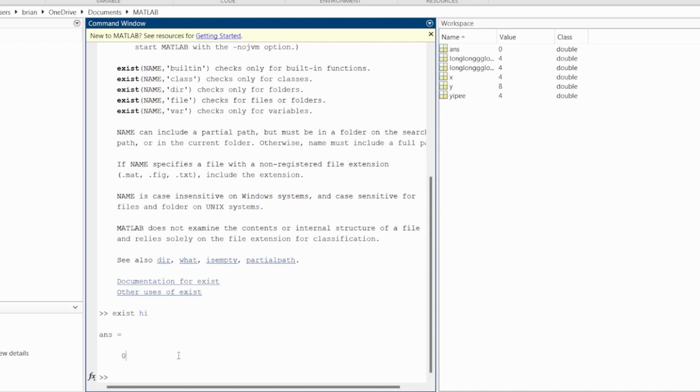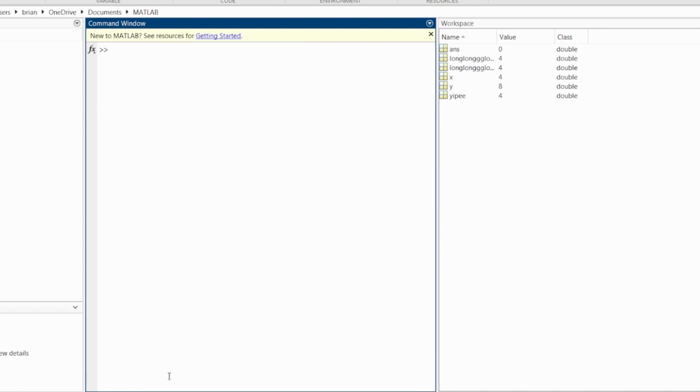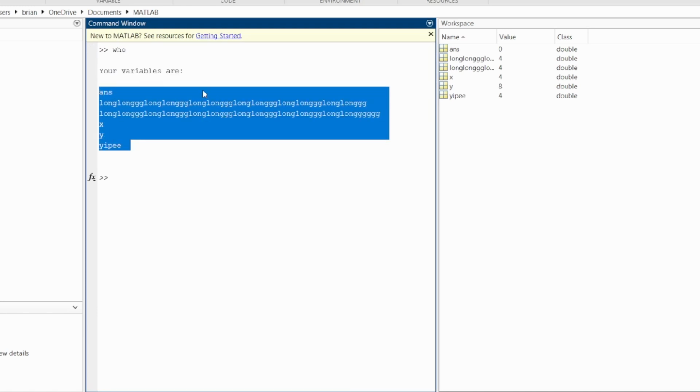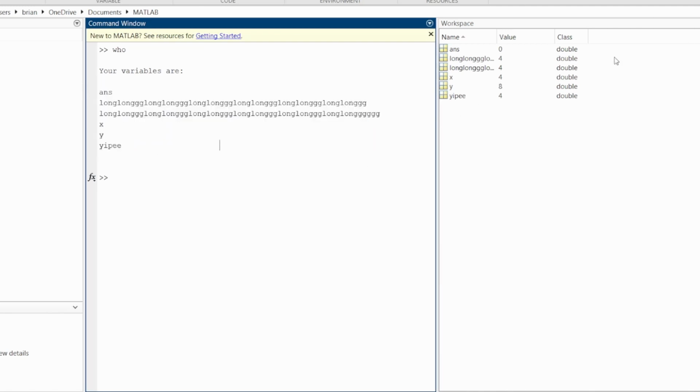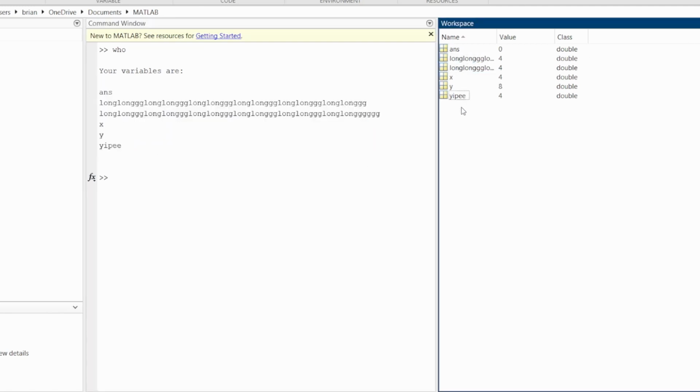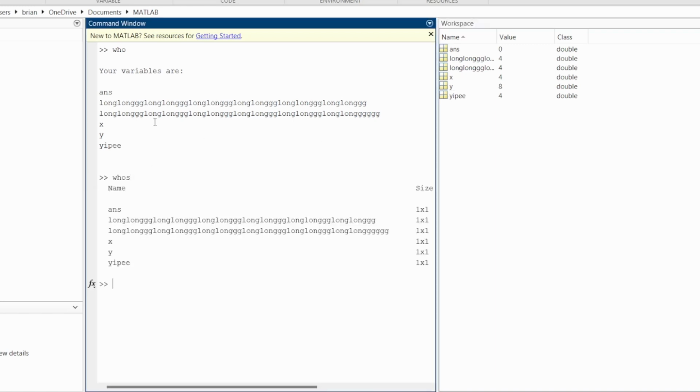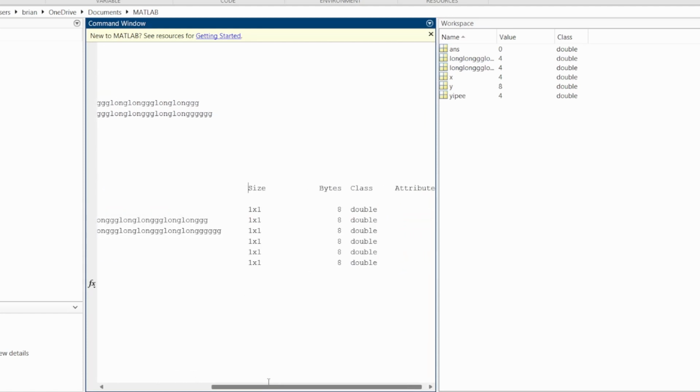Okay, let's look at our next function. Who. So by typing who, it gives us every single variable we have in the sheet. This is very useful when looking to see if you have a variable or not, or you can look at this panel right here, but sometimes people don't have it up, which is why this is useful. Now if you type in whos, it lists every single variable and their data associated with it, including size, bytes,